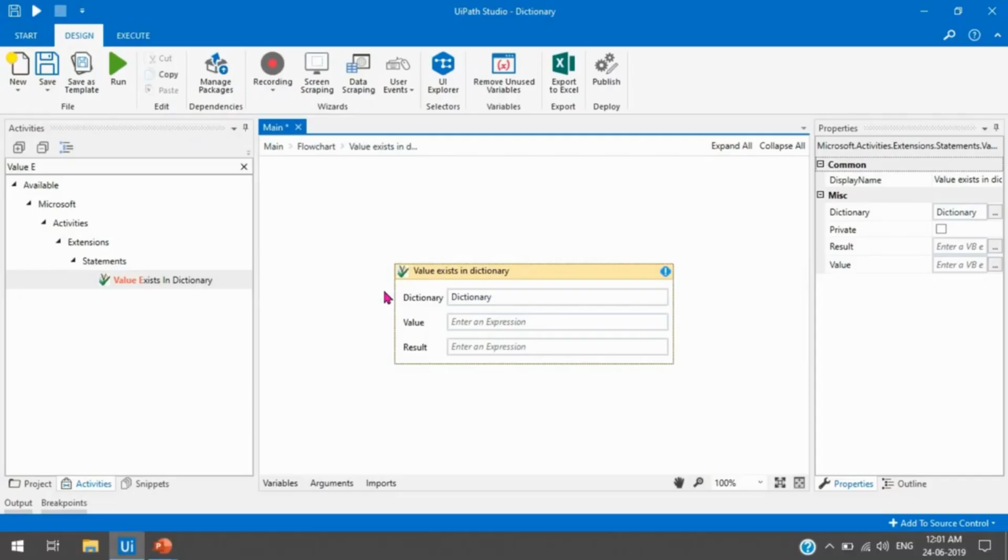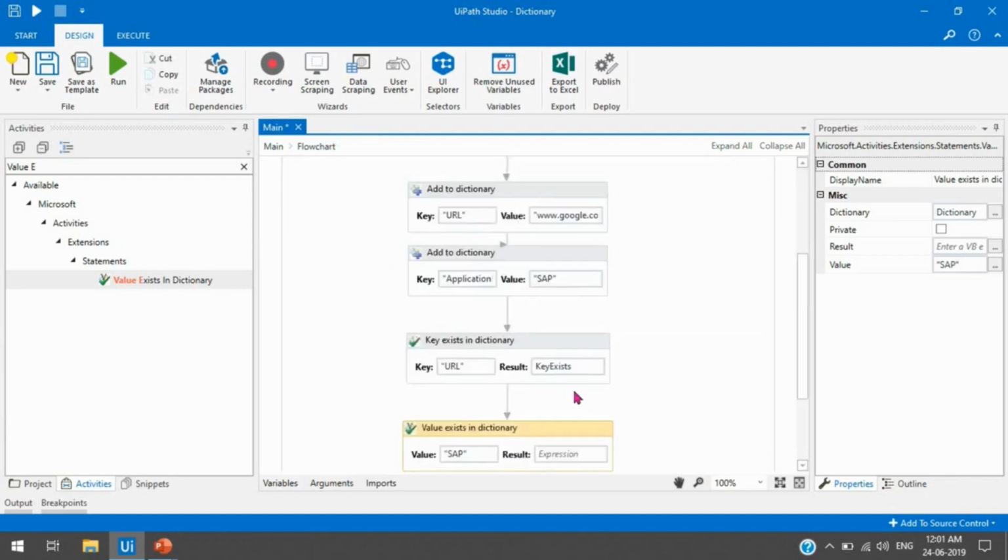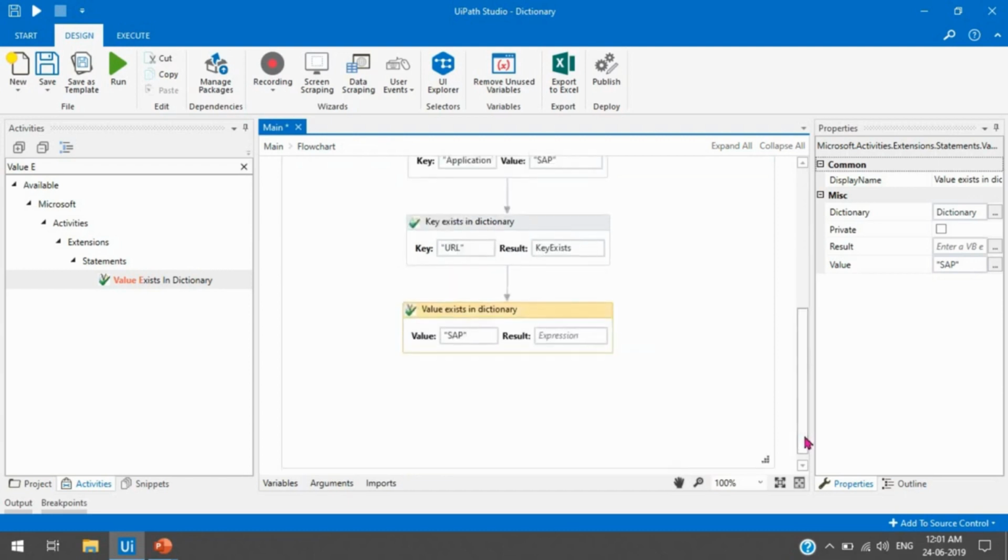Let's suppose the value will be google.com, so we check whether we have added this value in the dictionary or not. Let's suppose we have the SAP value here. We already have one value, SAP, in the application key. So I am going to find whether this is available among the values here or not.